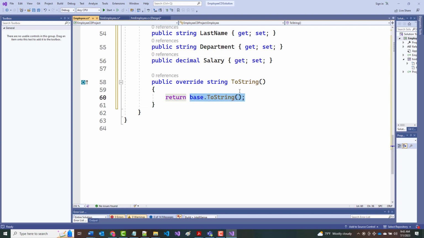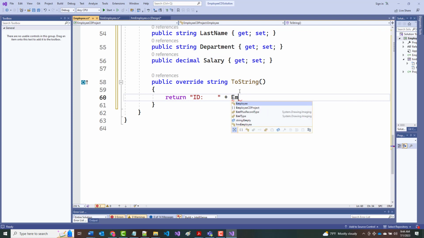So what do I want to return? All right. Well, let's just come in here and we'll just put everything in here basically. So I'm going to put in ID, employee dot